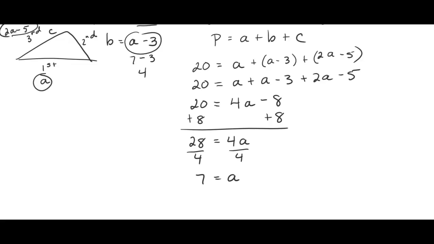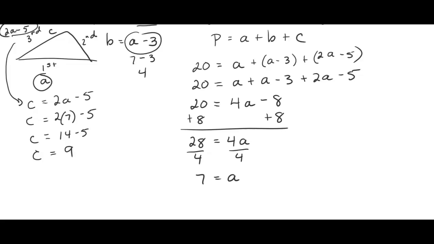And then what about that third side, C? Well, I ran out of room up there, so I'm going to write it here. C was 2A minus 5. So C was 2 times 7 minus 5. Follow the order of operations, 14 minus 5. So C was 9. Okay, so the three sides of the triangle